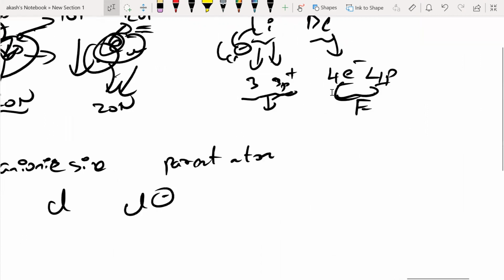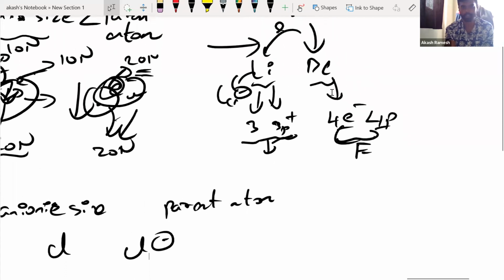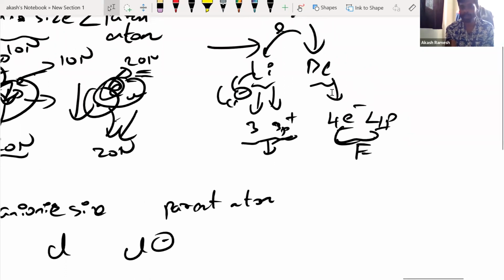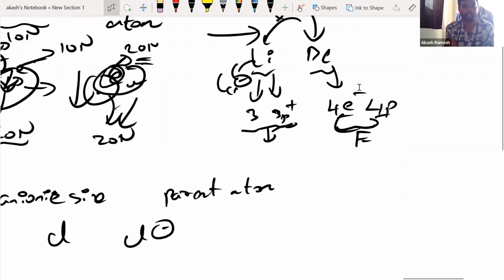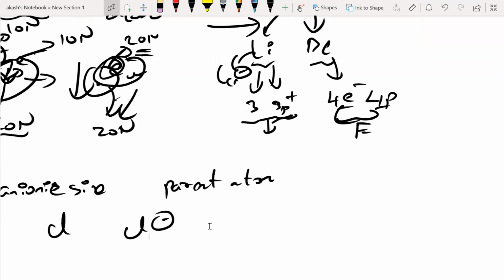Please tell me. Sir, could you explain how Cl minus has more radius, size? Yes, absolutely. I'll come to that point. But just explaining, Raghav, hope you understand what I'm trying to say here. Between lithium and beryllium, you are not adding an electron. It is the atom by itself in its own nature. But when you go to Cl minus, you are adding an electron there. Then how you understand the difference in the nuclear charge from Cl to Cl minus matters. Now we'll see how it is going to matter. Is your point clear now?